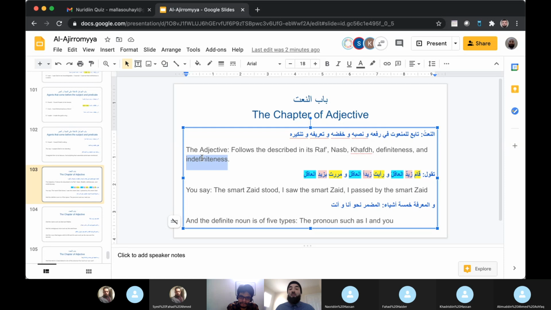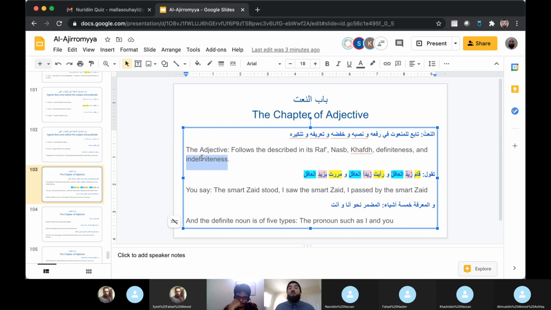So what does the author say? He says, وَالْمَعْرِفَةُ خَمْسَةُ أَشْيَاء. And the definite noun is of 5 types. The pronouns such as I and you, right? And the scholars have differed